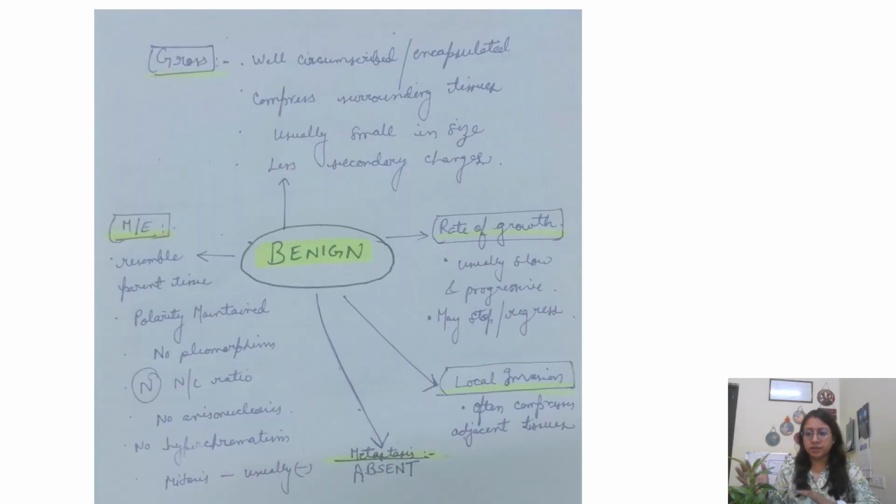So benign or malignant hota hai. Cancerous, non-cancerous you can say. So benign is non-malignant, not cancer. वो कैसे, जब है तो ये भी ट्यूमर ही, benign ट्यूमर होता है, malignant ट्यूमर होता है. So benign tumors जो होते हैं, you should know that under four headings you can describe it. You can describe the gross of the tumor, you can describe the microscopic feature, then third the rate of growth, then you can say how it locally invades, and then you can describe the metastasis. So first we'll go for the gross of the benign tumors.